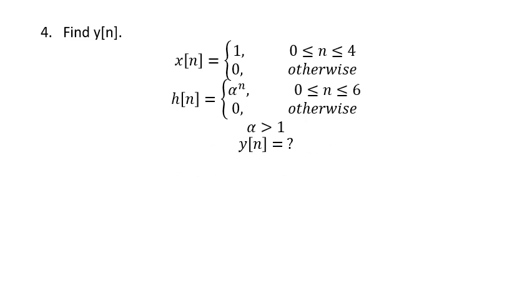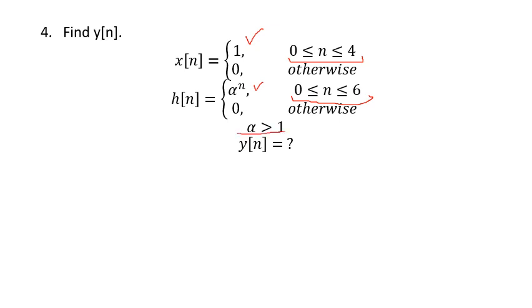So let's start where we left off. It was this problem. Now we are given the input signal x of n and the response signal h of n. The input, as can be seen, exists from 0 up to 4, and it has a constant value of 1, whereas the response exists from n equals 0 up to 6, and it has the value alpha power n, where alpha, as given here,